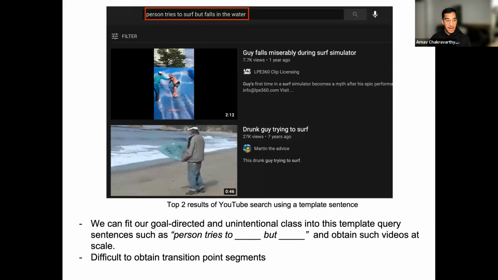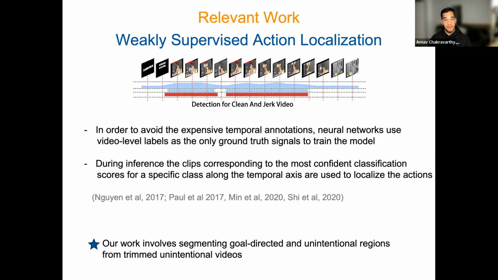You can see from the above diagram that we can fit our goal-directed and unintentional class into a template query such as a person tries to blank, but blank, and obtain such videos at scale. What is difficult is to obtain the transition point segments, which leads us to the weakly supervised action localization task. This is a well-studied research topic, and the idea is to separate the noise in untrimmed videos from the regions which contain activity using only video level action labels. Our work is inspired by this work, however, it is different as it involves segmenting goal-directed and unintentional regions from trimmed